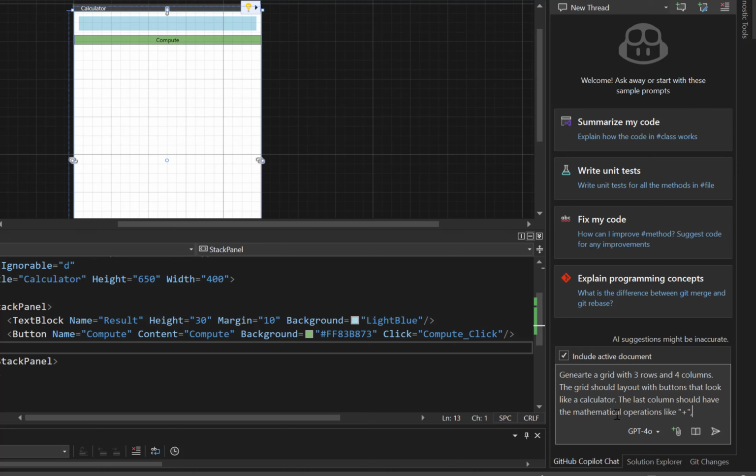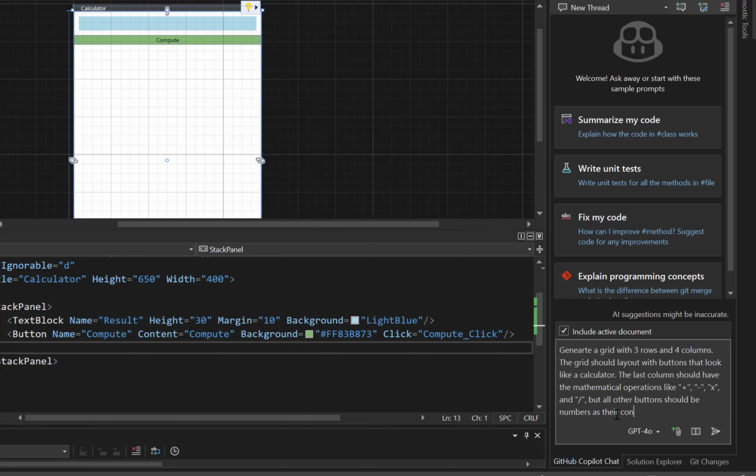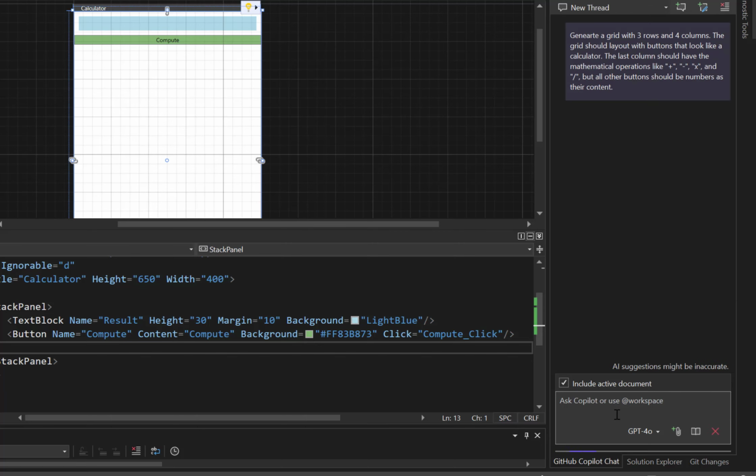So just the first 3 columns should have numbers basically from 1 to 9. And then I want to see the addition, the subtraction, the multiplication, and the division in that last column. So I'm going to tell Copilot exactly this statement. The more detailed you are with these AI large language models, the better off they'll be at giving you